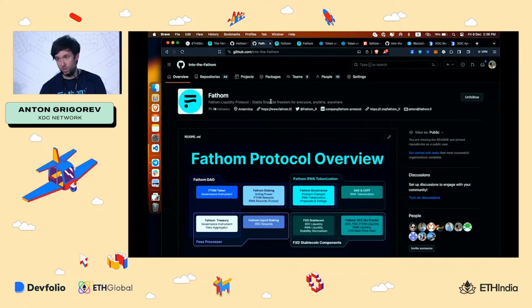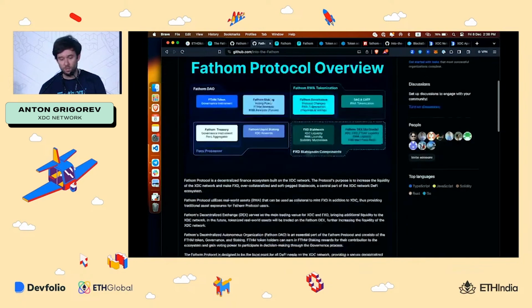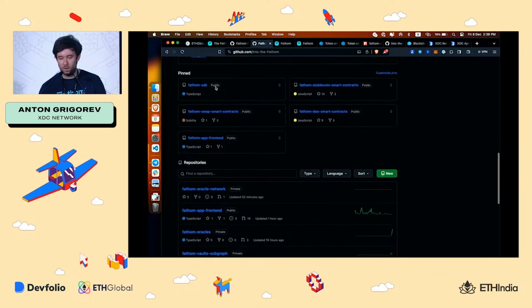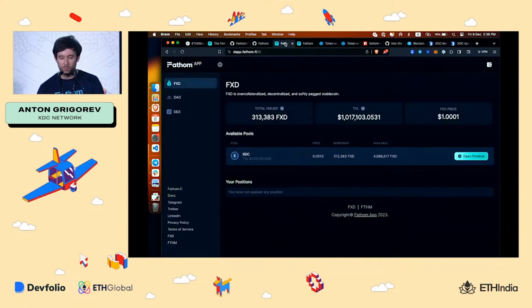Also, please check our GitHub when you start building. You can find it insightful. You can check our core repositories here in the pinned section of the GitHub page: smart contracts for the stablecoin, the application, and the SDK in TypeScript.